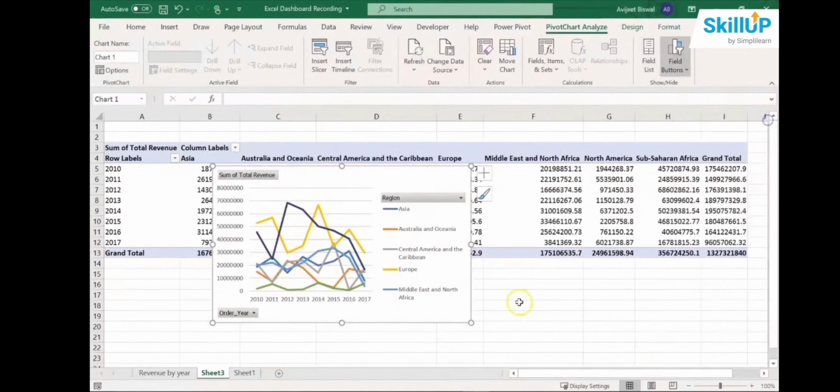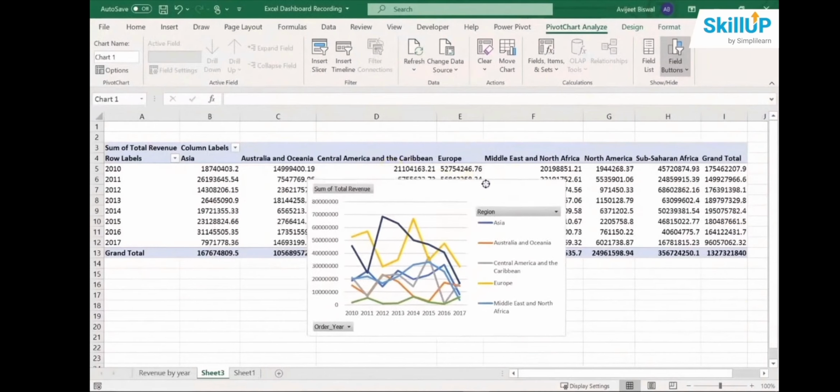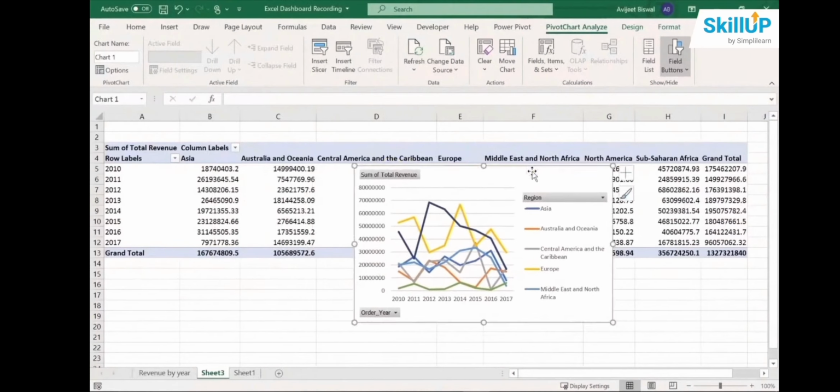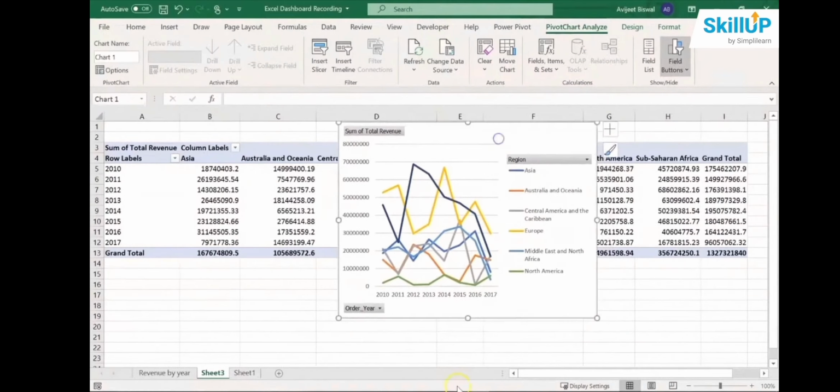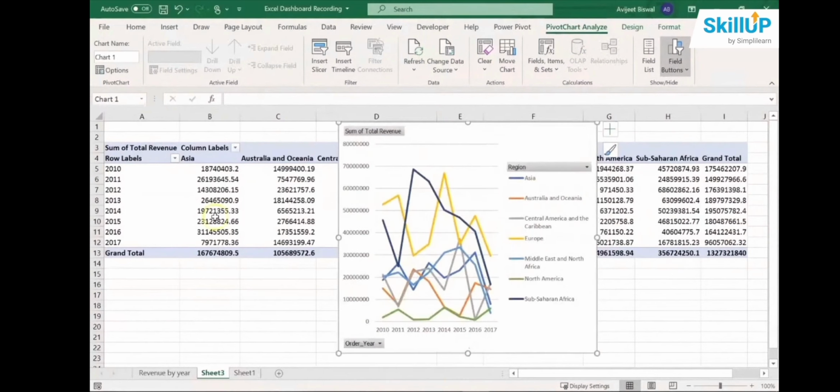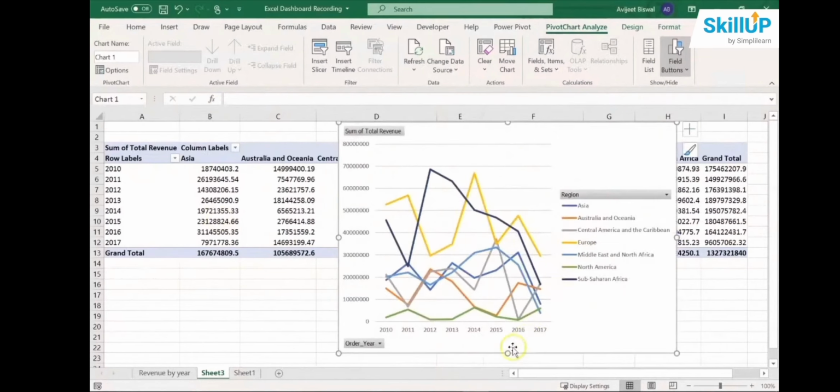There you go. So we have our next pivot chart ready. On the right, you see the different regions that are present in different colors. Let me just expand it so that you can see all the regions we have. In total, we have 7 regions, and each of the regions has been represented in different colors. If you notice this graph, for the Sub-Saharan African region in 2012, Sub-Saharan Africa made the highest amount of